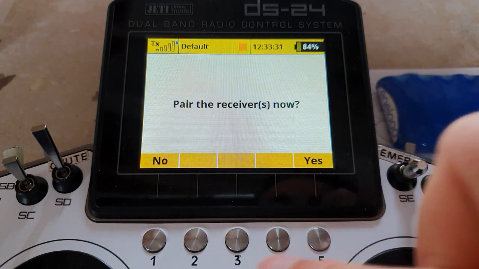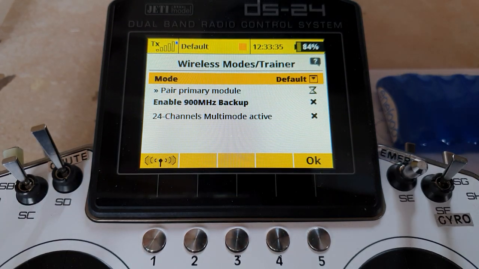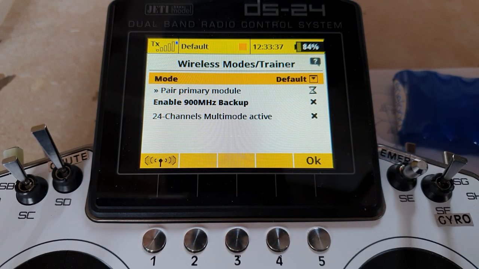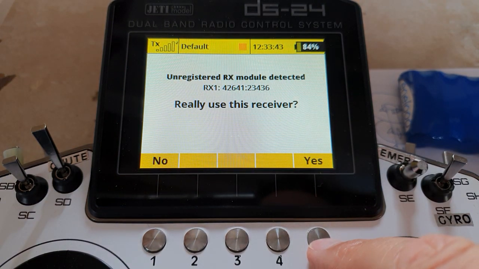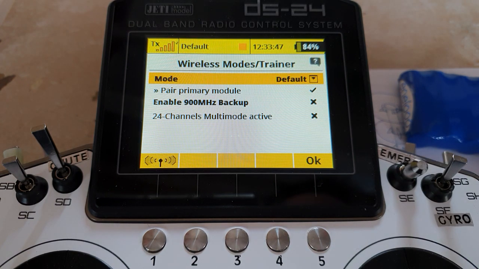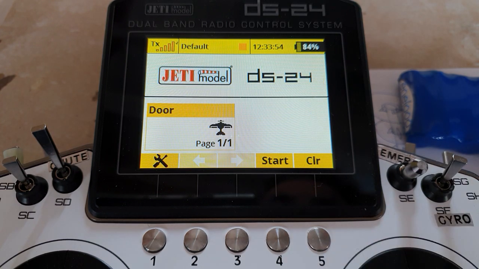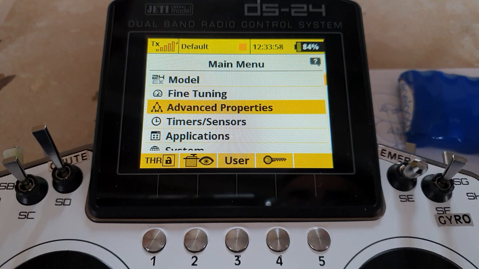And then pair receivers. If I say yes, hopefully I'll get this receiver paired in quickly. There we go. The reason I'm doing it right from scratch here is so you can see I haven't got anything nicely pre-set up and hidden. You are seeing absolutely everything that's required to get this going. Okay, so we go off to our sequencer